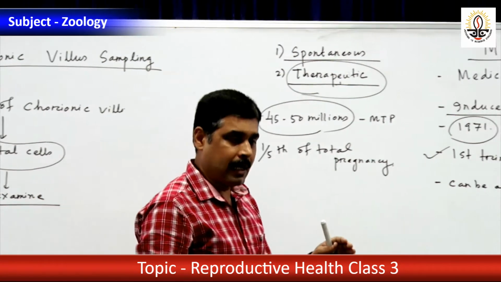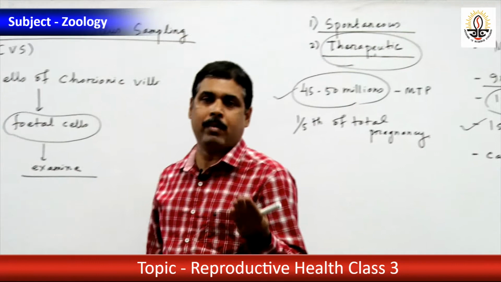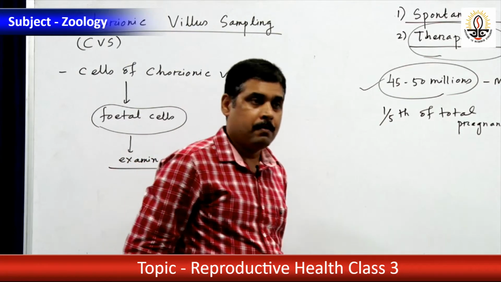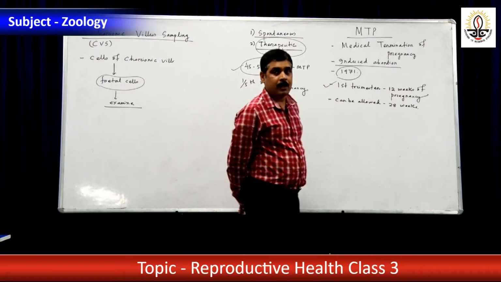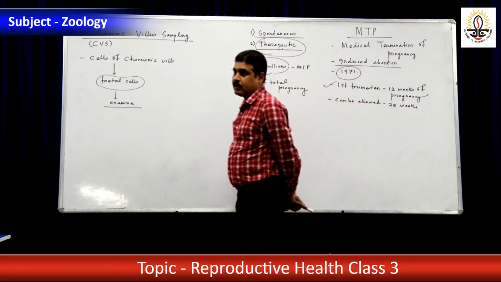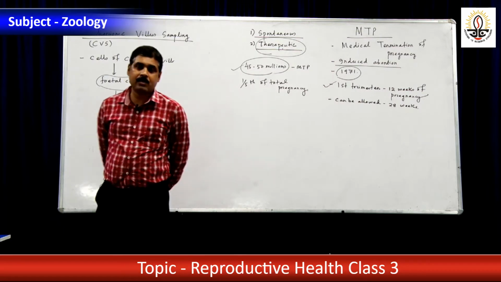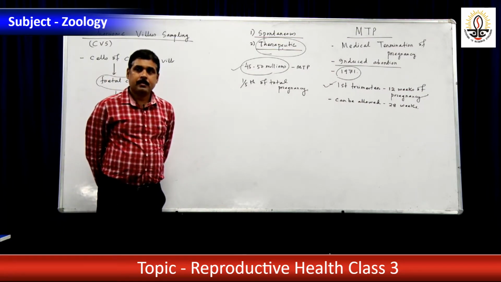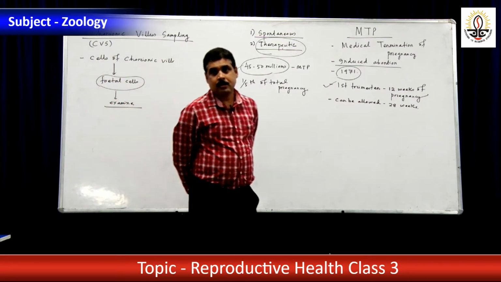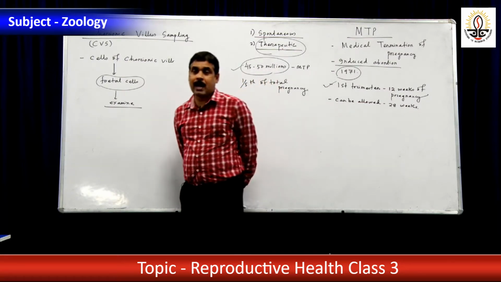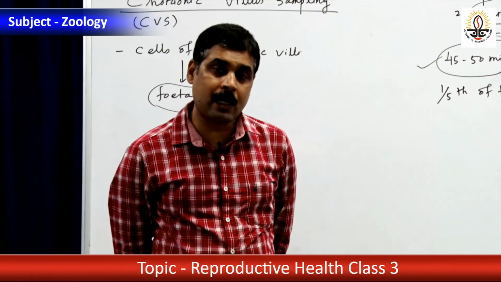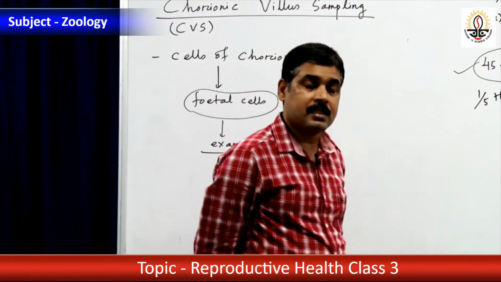Now say, what are the significances? What are the causes of MTP? First, I told you MTP is carried out when there will be risk to the mother. MTP is carried out when there may be congenital abnormality in the child. In defective pregnancies, such as a child suffering from spina bifida, or the spine is not properly developed, or a mentally retarded child, where growth and development is not perfect, in such cases MTP is recommended.